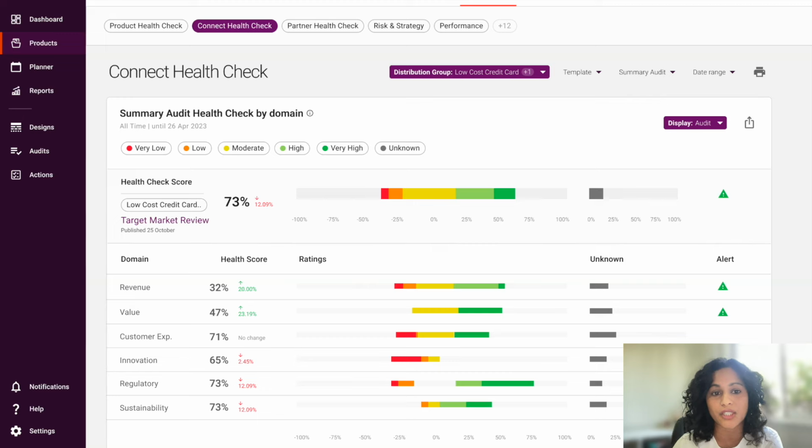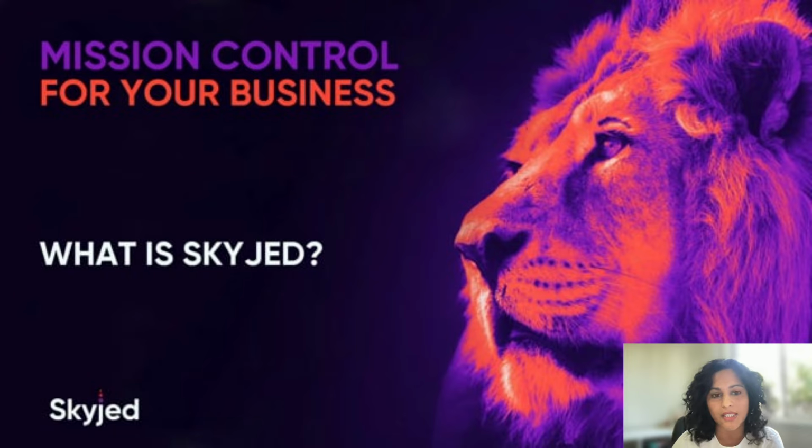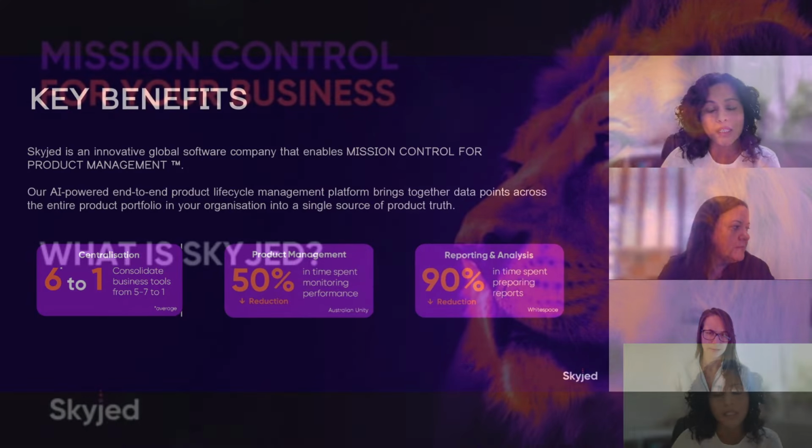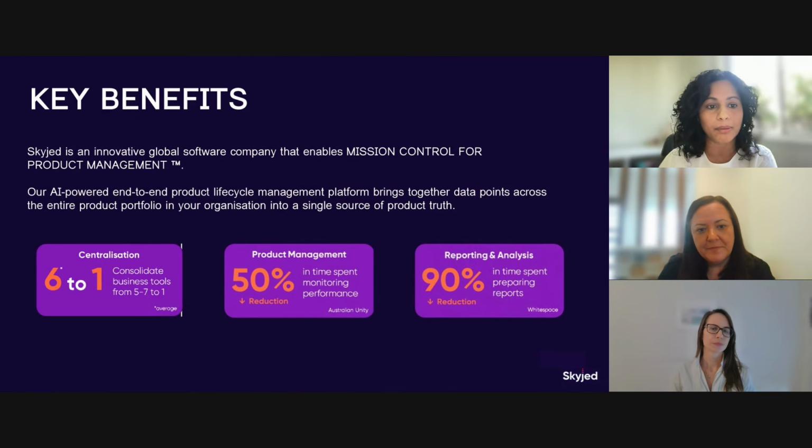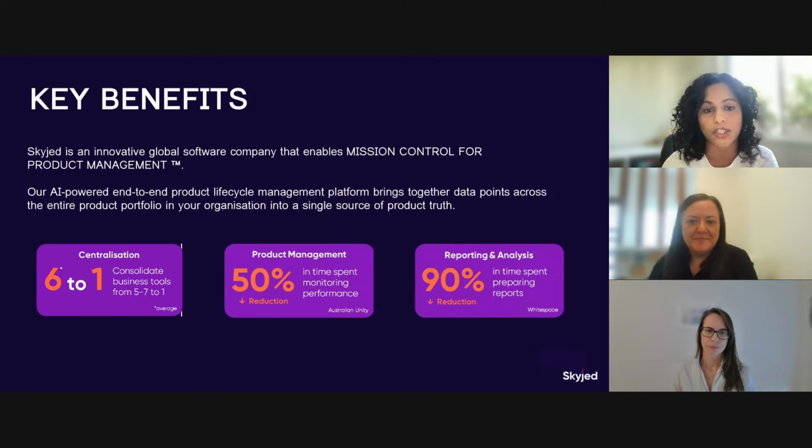So the power of digitizing processes like this and using tools like Skyjed is super powerful. And this is really just a snapshot of what you can do. There's so much more you can actually optimize in Skyjed. So I'll just do a quick recap on what we've learned today and the key takeaways. In using Skyjed for this widespread pain point, the power in centralizing and automating product data exchange as a process in your product lifecycle management is absolutely critical.